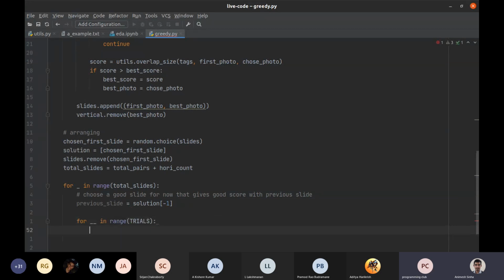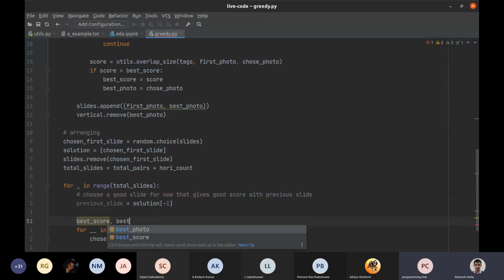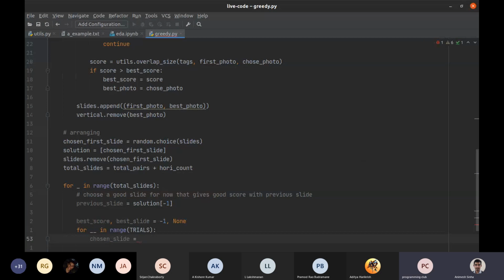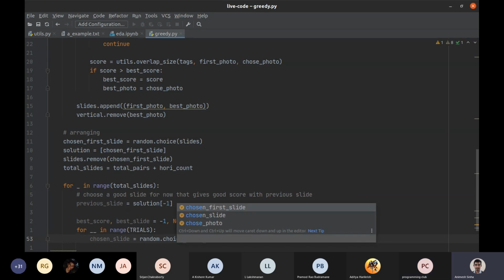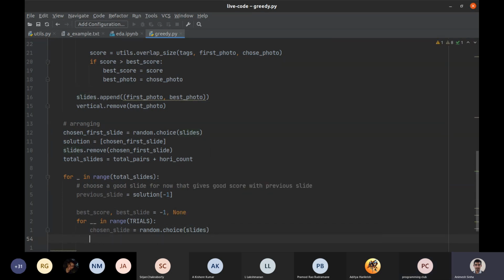So anyways, the second part is up now, the arranging part. Again, once he has paired up all the photos, Gaurang has appended them to a slides array, which has all of the horizontal photos, and then he has appended all the pairs of vertical photos he has formed in the first step. Then you choose a random initial photo to start as the first slide and plug it into your solution. And then you know how many total slides you want to make, because that's the total number of slides you have available.